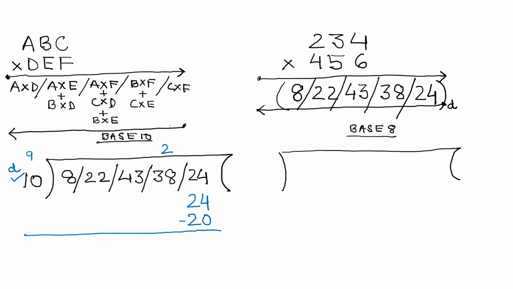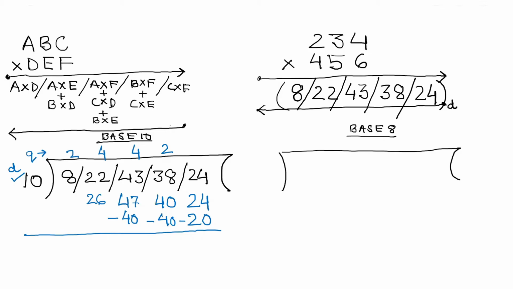So we are going to write down the quotients here. All the quotients will be written here. So the first quotient that we get from the common divisor, which is 10, is 2. So now the dividend is no longer 38, it is 38 plus 2, which is 40. So 10 into 4 is 40, and then we subtract, and then we find out the remainder. Similarly, now the next dividend is not 43, it is 43 plus 4, which is 47. So 10 into 4 is 40, and you subtract 40 from 47. Now the next dividend is not 22, it is 22 plus 4, which is 26.